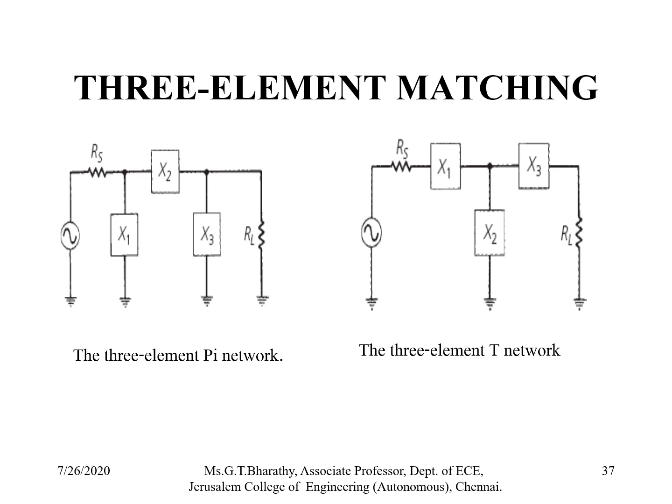Now this is the second network, which is called the T network. This again contains 3 elements. The first element X1, instead of being connected in shunt, is connected in series. The second element is connected in parallel, and the third element is again connected in series. So this forms a T-type structure, and it is called the T network. Again, as I told you, X1, X2 and X3 can be an inductive reactance or a capacitive reactance. So these are the 2 major classifications of matching networks that are available to match the source and the load for maximum power transfer between them.